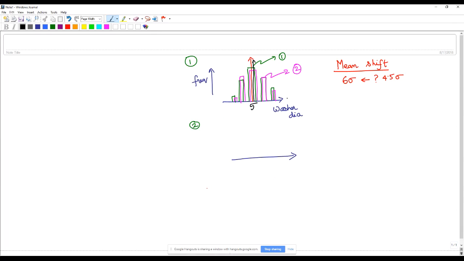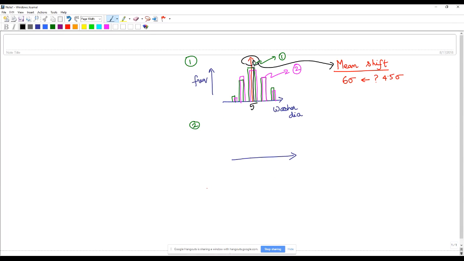The process capability might still remain the same, meaning the variability might still remain the same. However, there could be a small shift in the mean. That is what we are talking about as mean shift. There is about 0.1 in this case, the difference between the red line and the black line on the mean. So between the mean on day 1 and the mean on day 2, there is a difference of 0.1